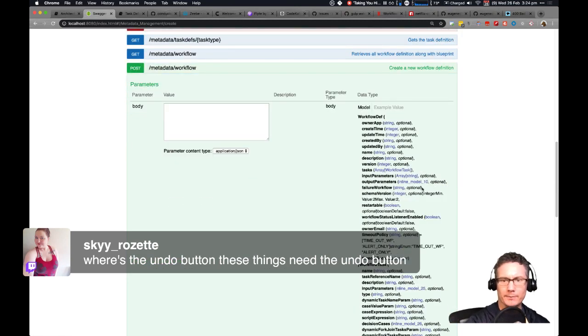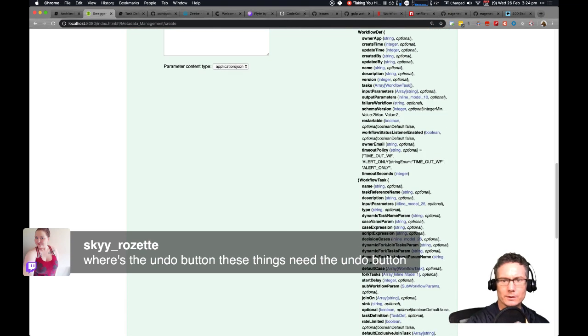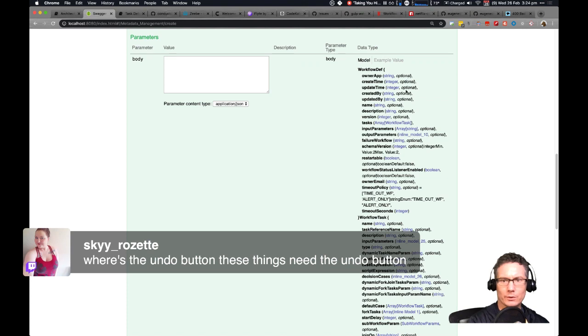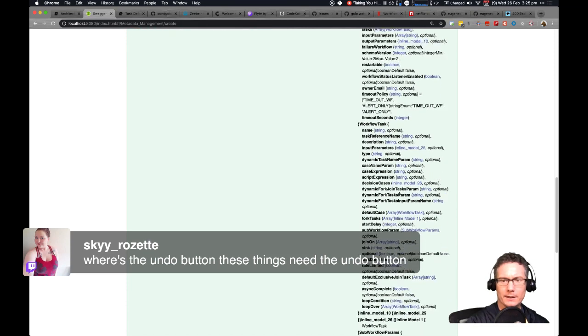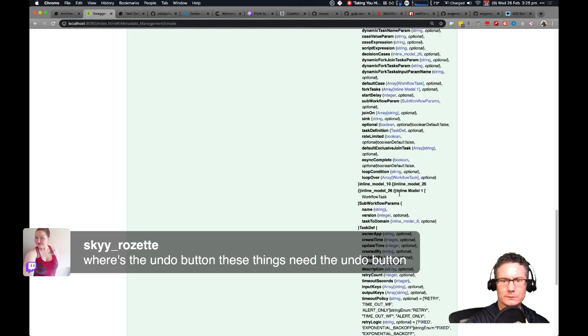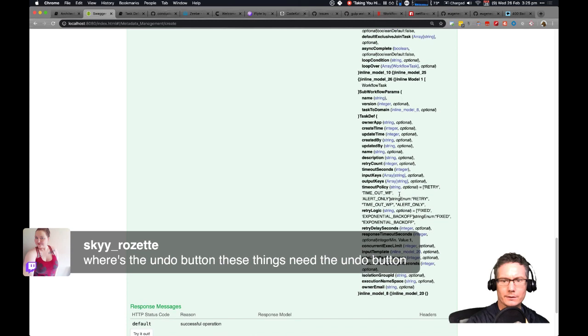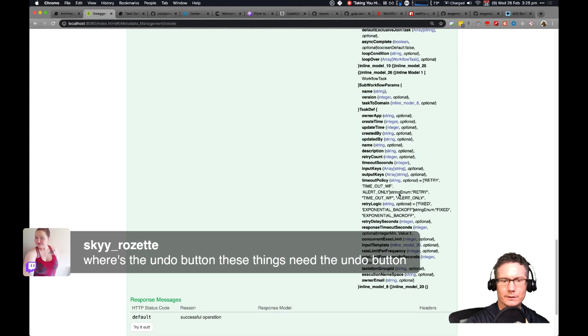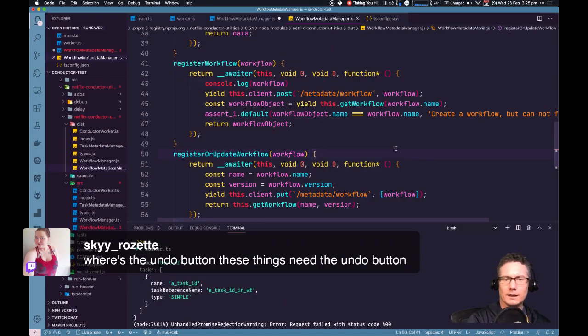So there's some missing required property, no doubt. Optional, workflow definition. These are all optional. This is all optional. Tasks, not optional. Optional. Workflow tasks. Okay. Okay, problematic.